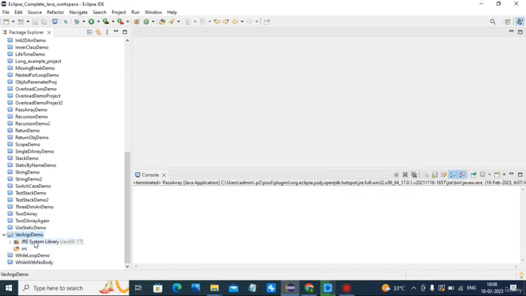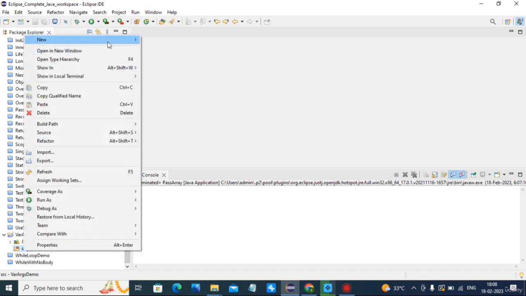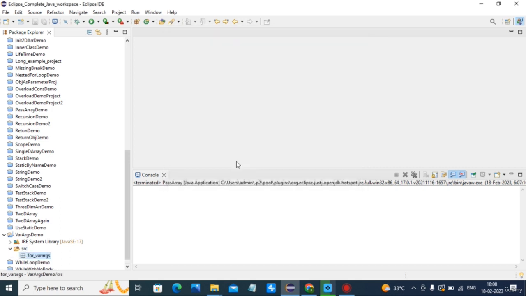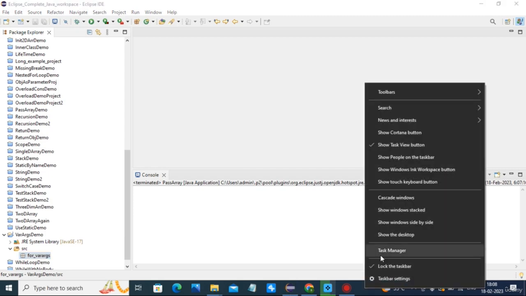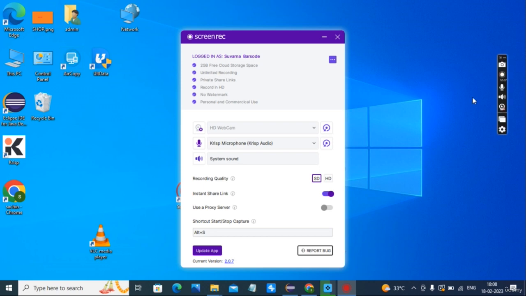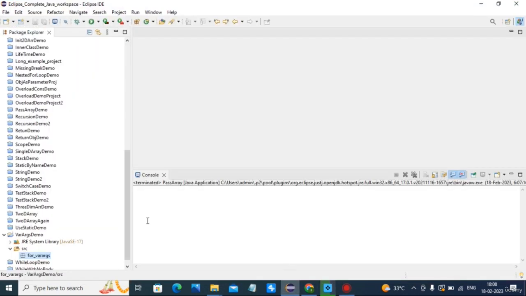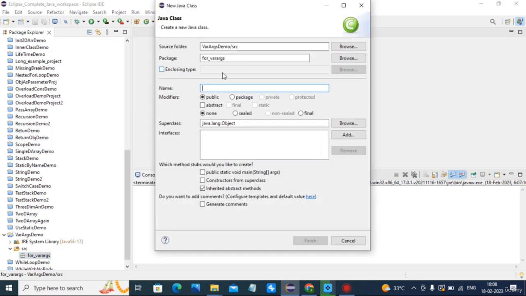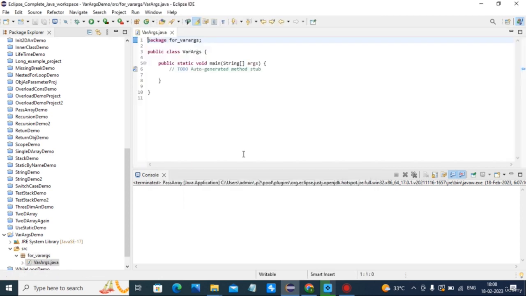So here I create a package. Now here a new class, name is Varargs, with public static void main. Very simple example is here.